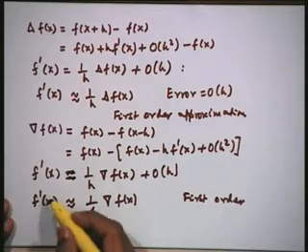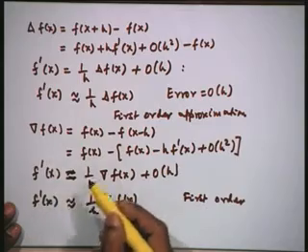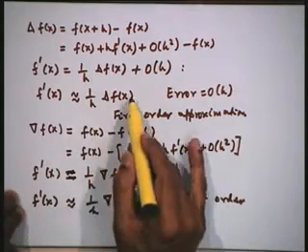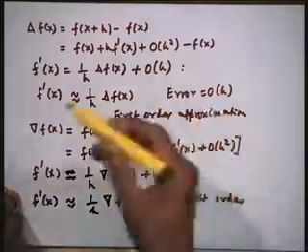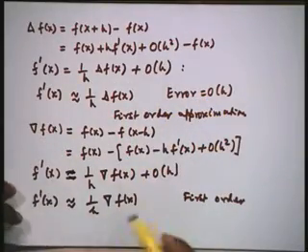Therefore, if I have a first derivative, say for example dy by dx, and I want to replace dy by dx by an approximation, I would simply write this as 1 upon h delta of f of x naught, wherever the particular point is being taken. Similarly, if I want it in terms of backward difference, I can use the backward difference. Now, this result can be extended to higher derivatives.